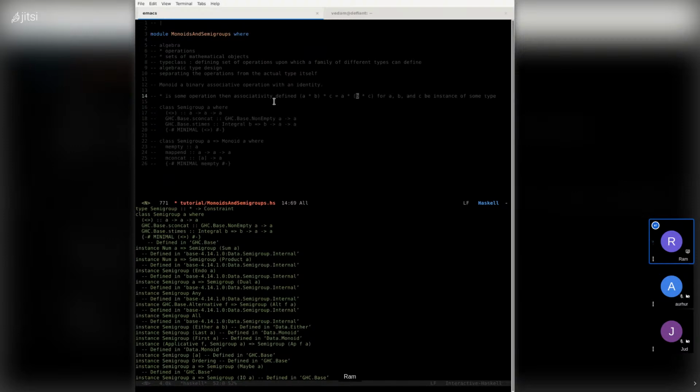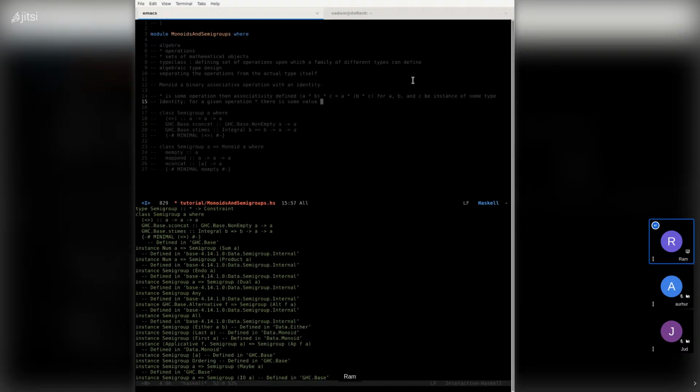The idea of identity is, for a given operation, star again, there is some value for a type A, such that for any x in A, and let's call our value I, x star I equals x.